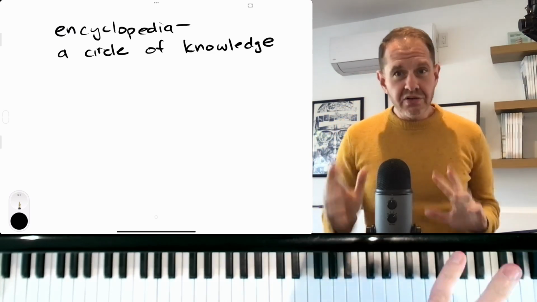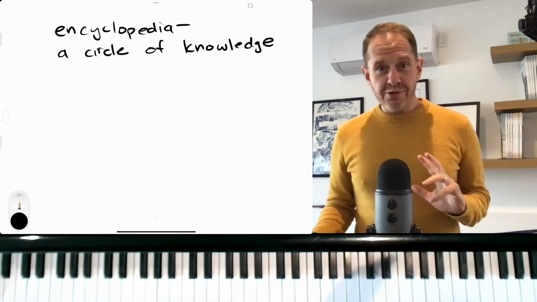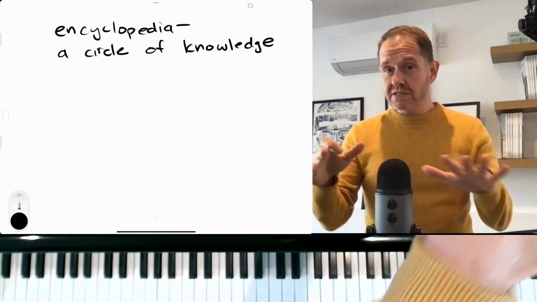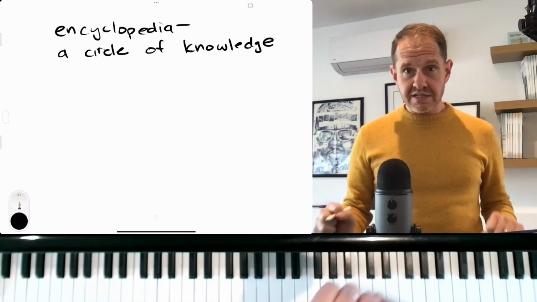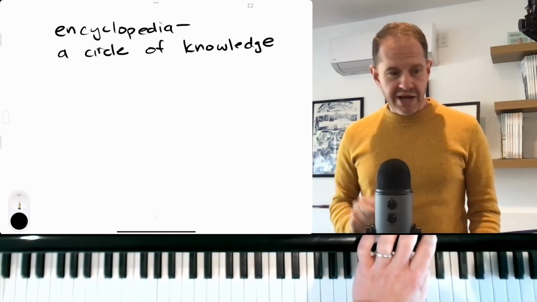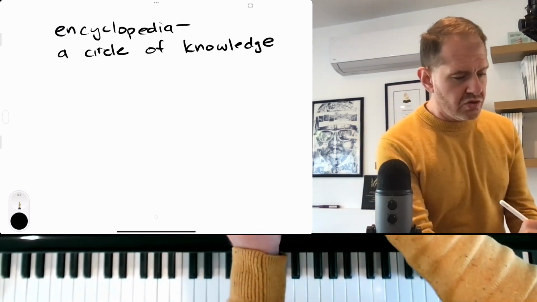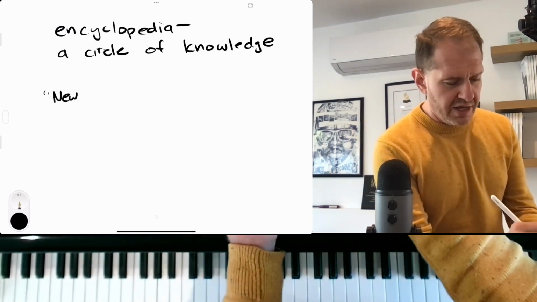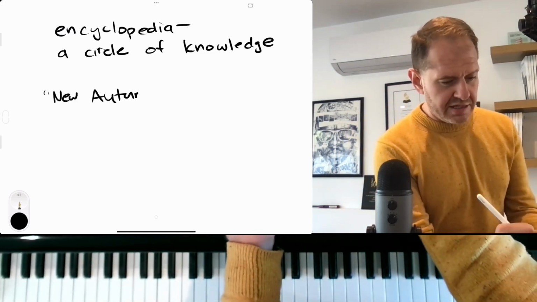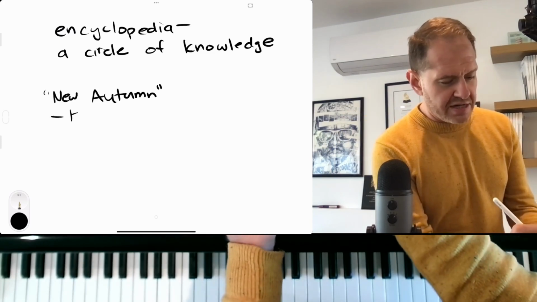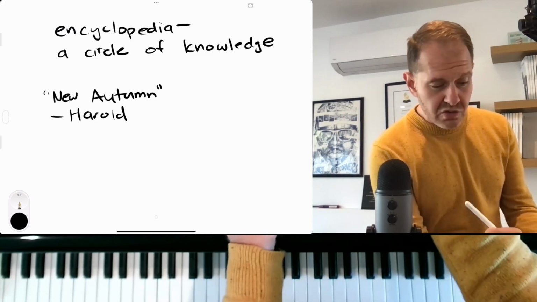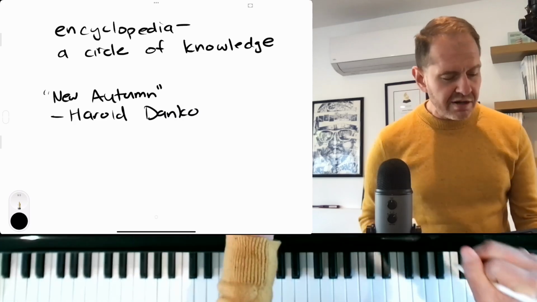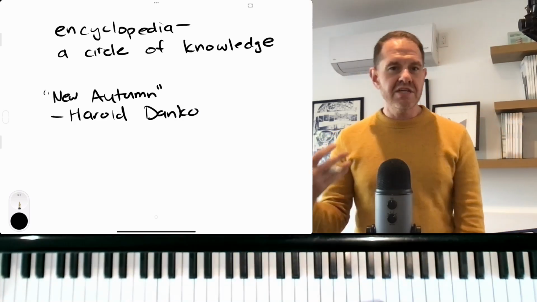And so I've been learning a really lovely tune for an upcoming performance. If anybody's in South Texas, I'm going to be in Kingston, Texas at the end of January. And I've been asked to learn this tune called New Autumn by Harold Danko. There's a personal reason I was asked to learn this tune: I'm doing a duo with a great pianist there named Teresa Chen, and we both studied with Harold at Eastman.